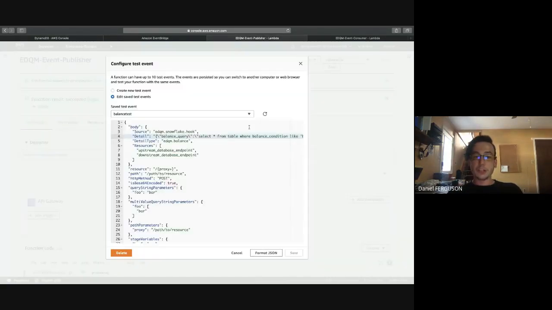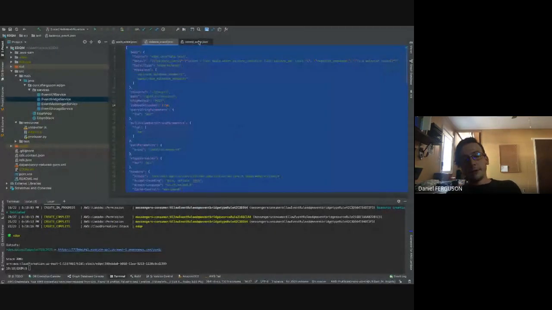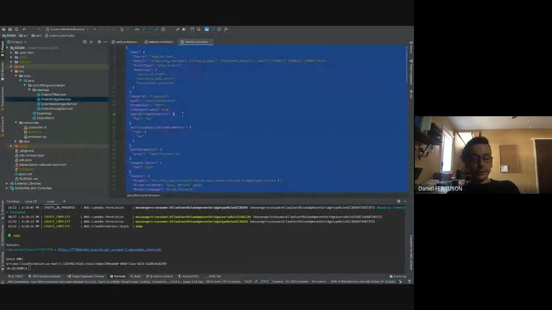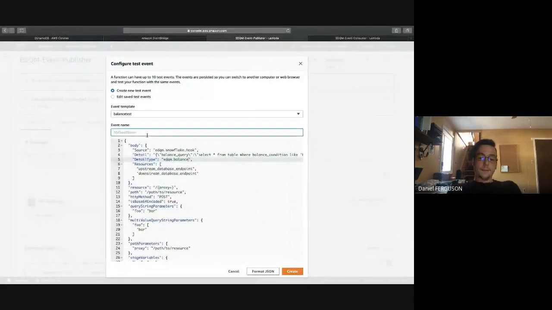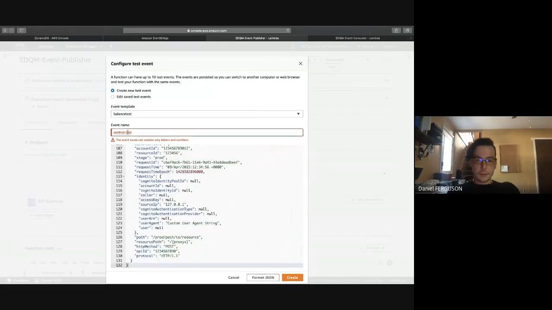Typically, you would want just 1 event, and that would go to your orchestrator, like a step function or something. So we're going to create a control test now. This is our last event.